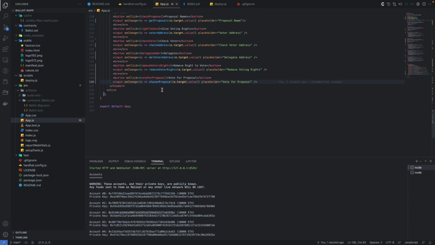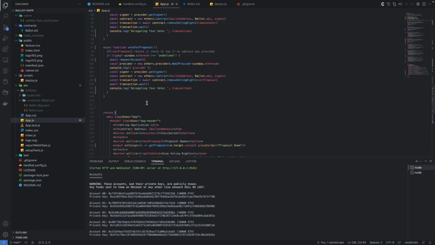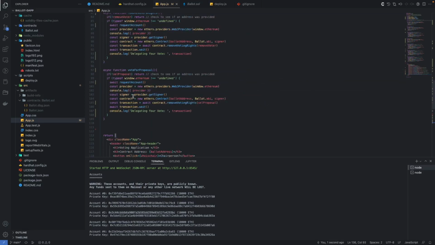Okay, so now we've added the ability to vote for a specific proposal,